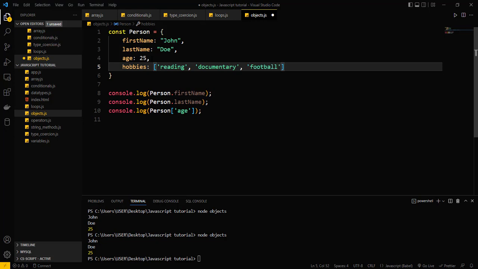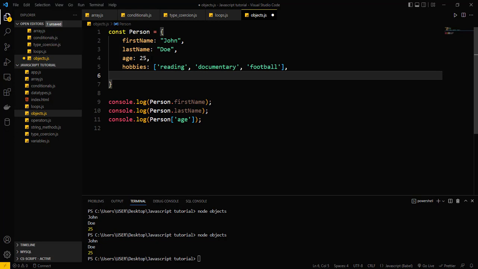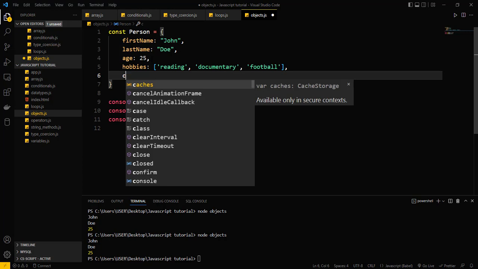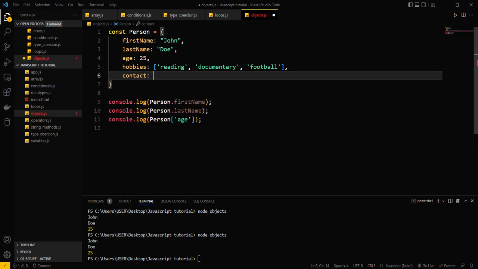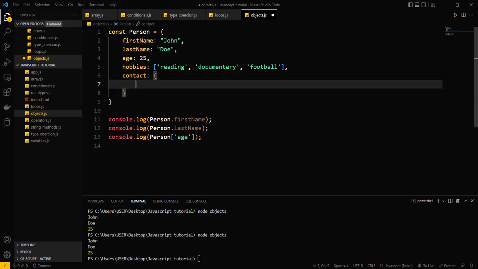So that is enough. Then we add a comma. And as I said earlier, we can also add objects inside our objects. Okay, so let's go ahead and create an object inside our object. So let's do contacts. And for the contacts, we also create another object, right? And inside the object, let's come down, we say email,